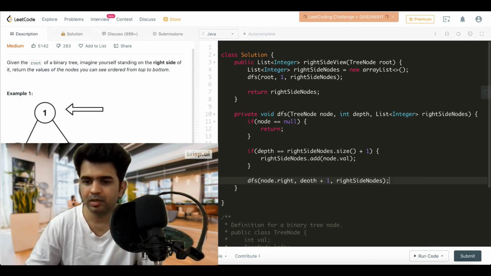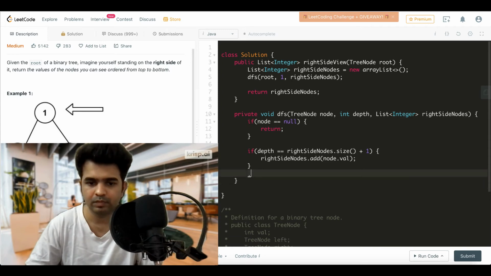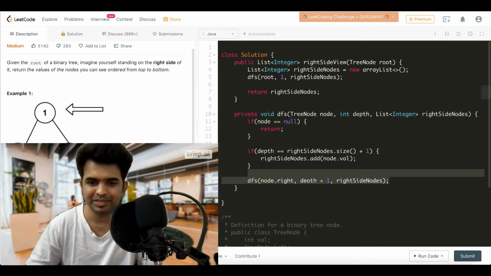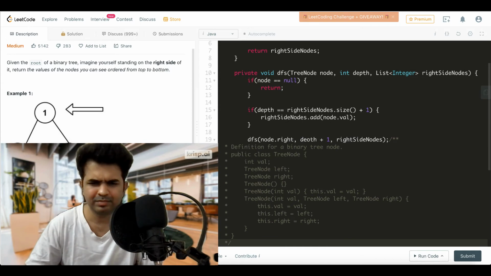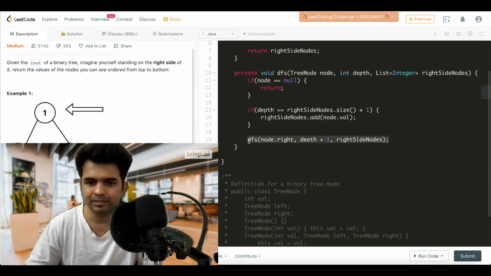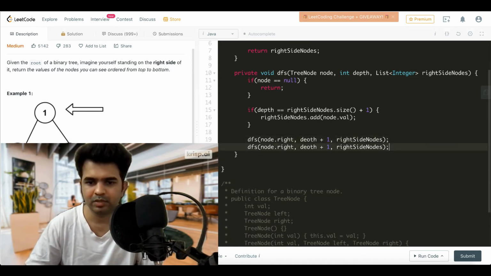We're good. So let me just copy this, and paste it, and we can make this node.left. Yep, this looks good. I think this should be good enough.